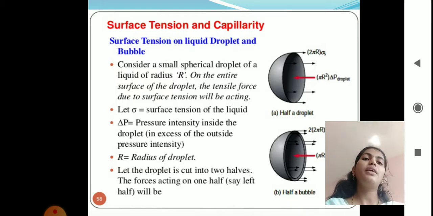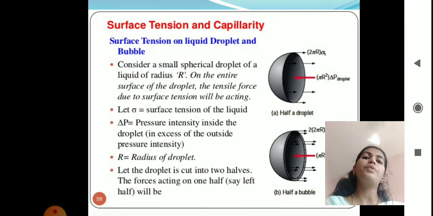Let sigma be the surface tension of the liquid. Delta P is the pressure intensity inside the droplet, meaning the pressure inside the droplet that we have to measure as delta P,